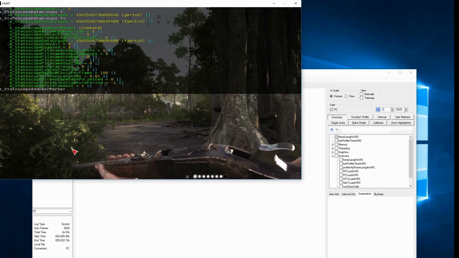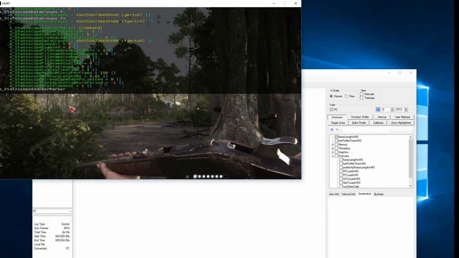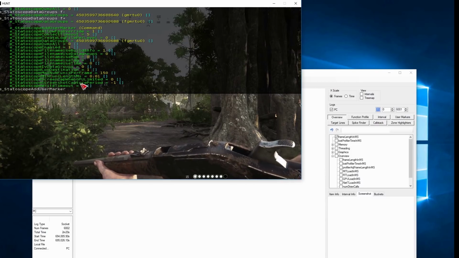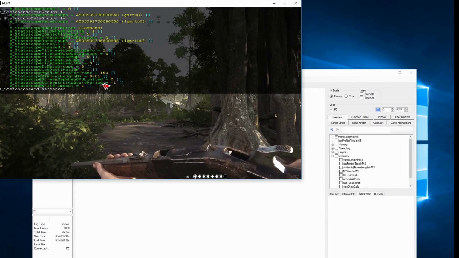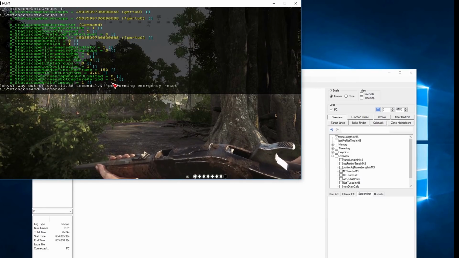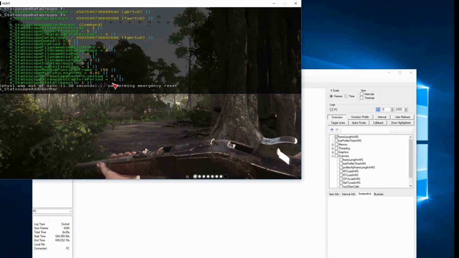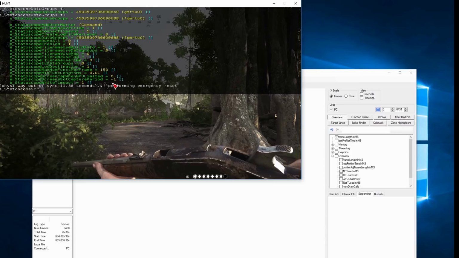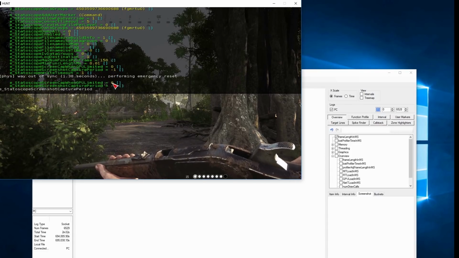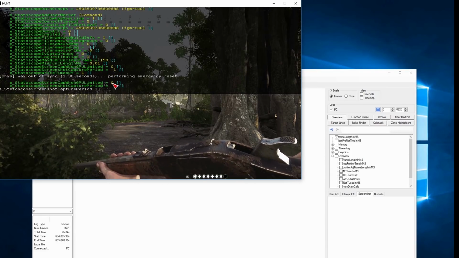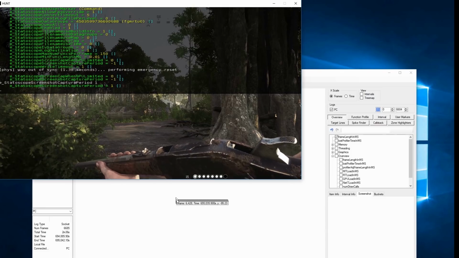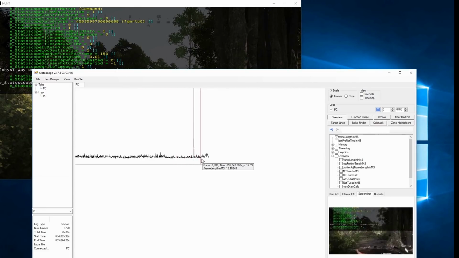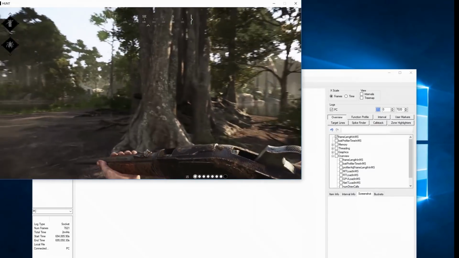What we have here is the screenshot capture period. Currently it's set to -1. -1 obviously is off. So let's set this to, let's say, 1 second. Screen capture period, let's set this to 1 second. So what you should see now, if I go back into Statoscope and go in here, you can see it's actually taking screenshots. So if I was to move around now, for example,